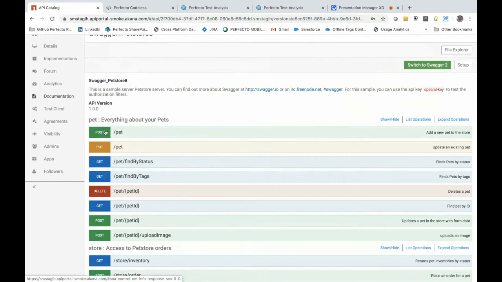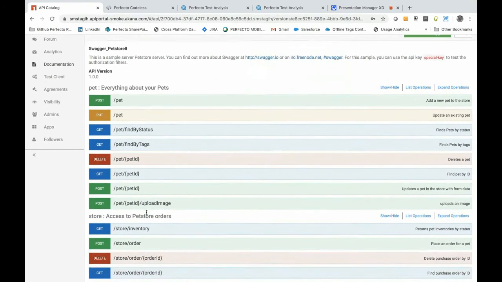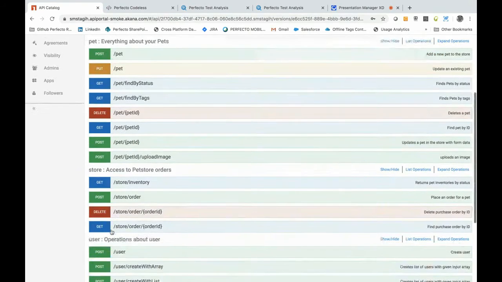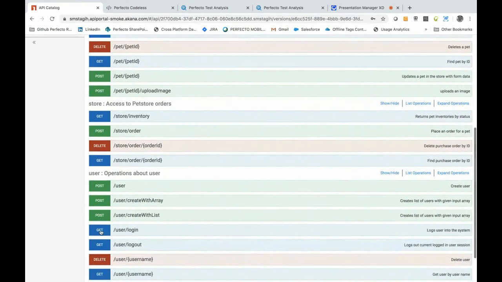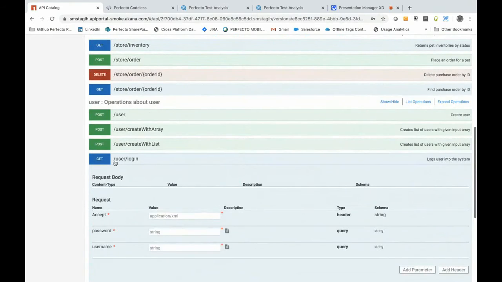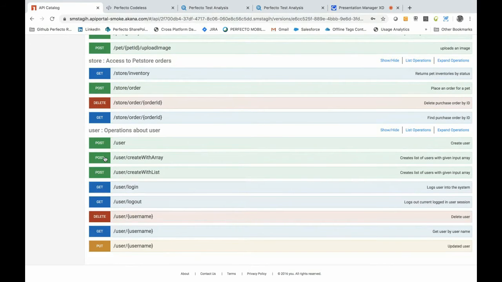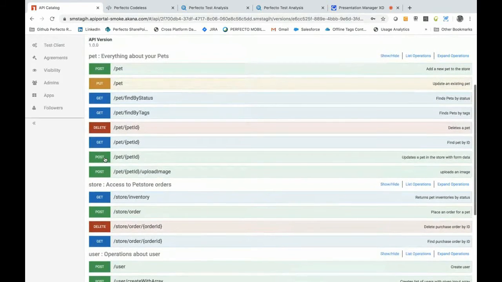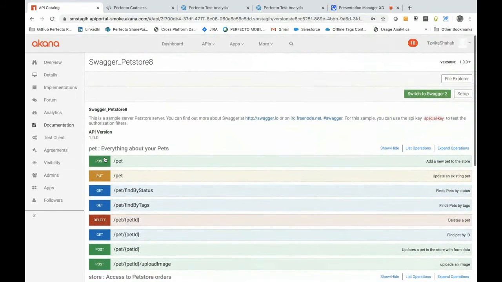When I have a rich set of APIs that as a creator, I want to push them forward and I want to take them to the next step. I have different types of operations, as you can see, from the post to the get, different activities that I want to promote as part of my life cycle. And in this case, this is where the power of the joint portfolio here and the ability to run an example of stress test, to be able to upload any of these APIs to the Perfecto environment,